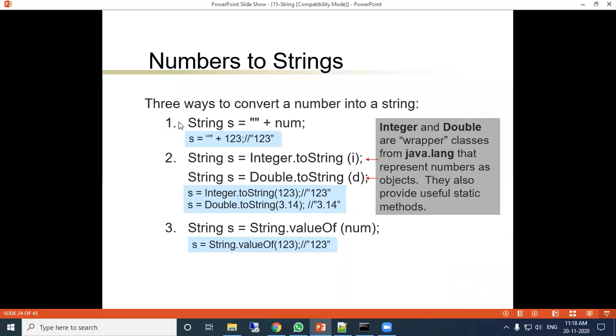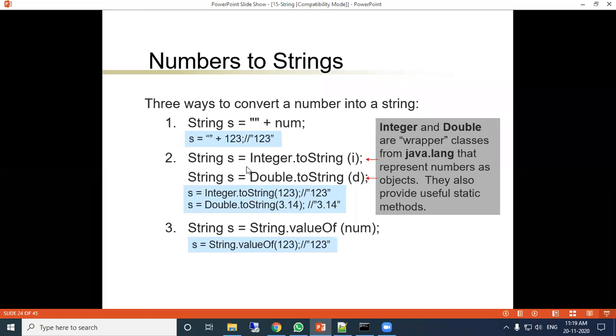Here, in Java, in the string class, you can directly convert an integer or float type data to a string. Another method is there, the toString method, which will convert to a string. Now here you see s equal to null or blank, no space, no data, plus 1 2 3. So the output will be 1 2 3 as a string value, not a numeric value.